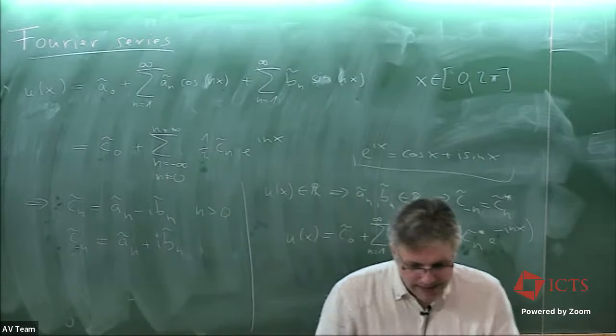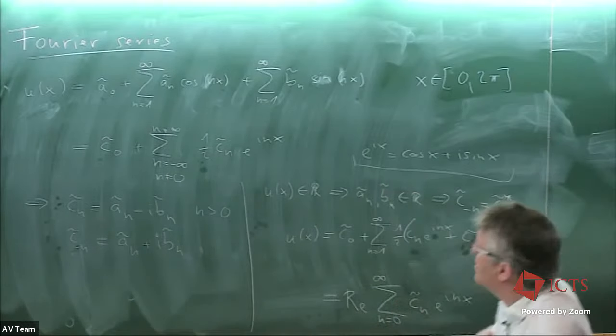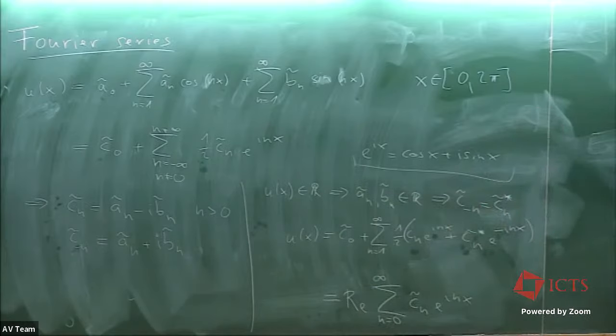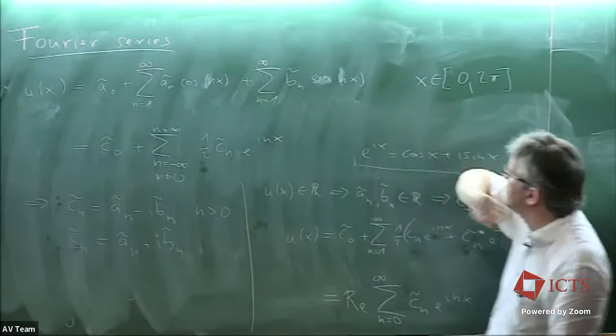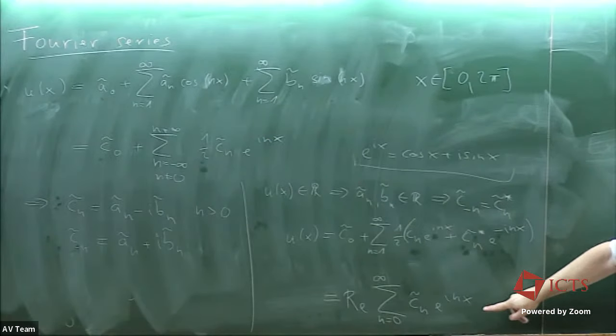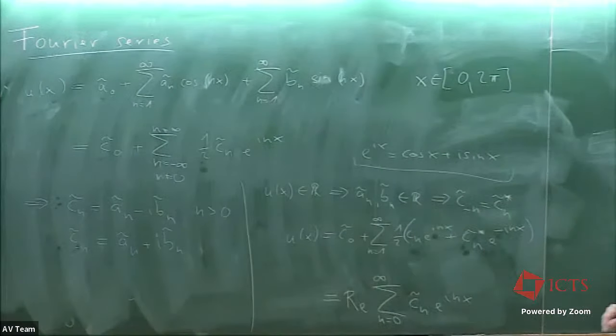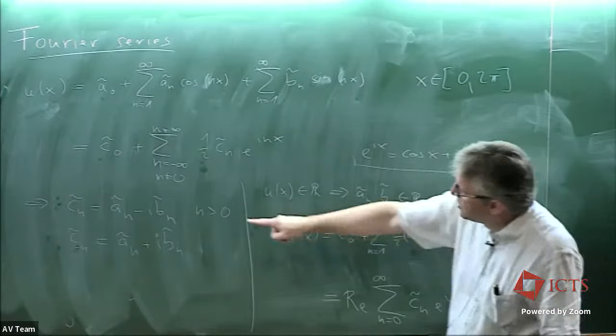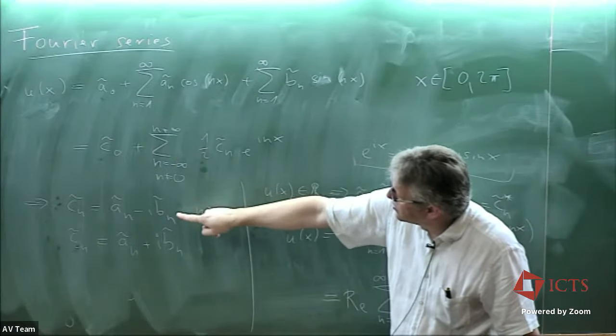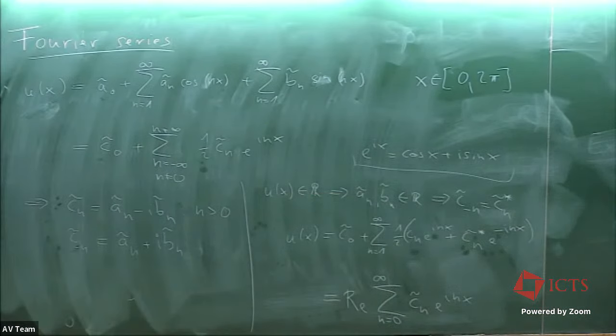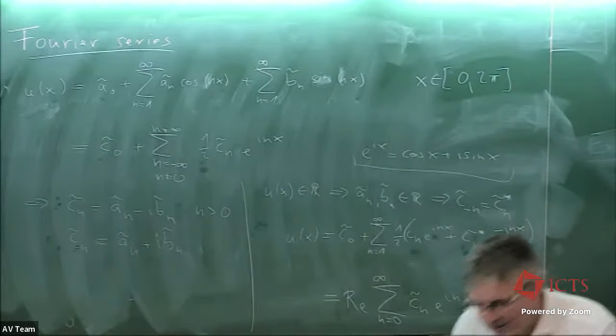Okay, so this is how you can express a Fourier series both in sines and cosines, and how you can express it in terms of complex exponentials. Don't forget the real part if you're expanding a real function. And here's the condition for how the complex coefficients and the sine and cosine coefficients are related to each other. So we have at least all our variables sorted out. I was making sure to put all this up here because in the tutorial, I'm actually asking you to code all the things I'm going through here right now.